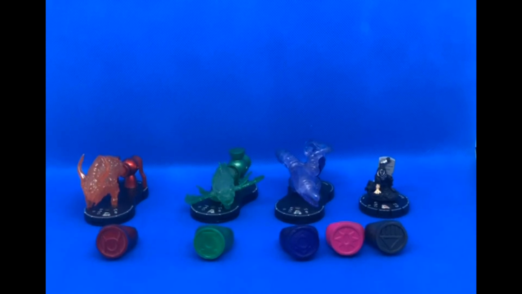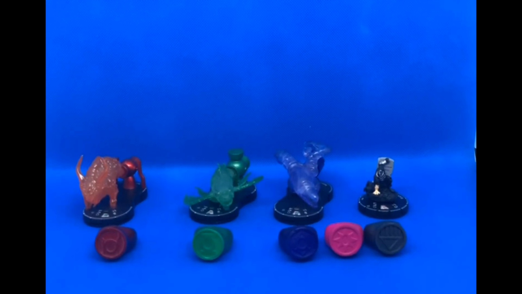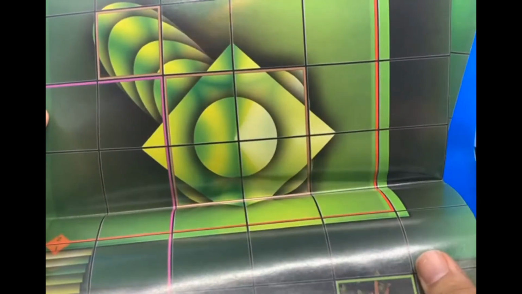The next thing in this starter set that we're going to take a look at is a piece of massive nostalgia for me, because I think I still have this, to be honest. It is the map. I'm not going to be able to open the entire thing. I don't have a camera set up for it right now. But it is Oa, and you can see there's a Guardian statue there, and you can see a power battery. Really cool about this map is it actually has special rules where if you were running one of the power batteries...